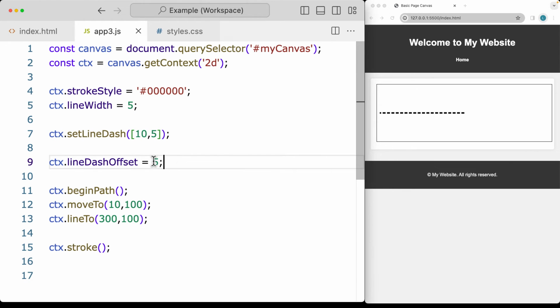the line slightly over, so starting at 5, and then we've got a line that's 10 with a gap of 5. So if I want a slightly smaller gap, we could do 3. Let's do an offset of 3, so that will have our line roughly centered there, so it's starting at the same position. We can also update the offset, so if we bring it back to 0, it's going to do the full 10 and then the gap of 3, and we can see it adjusting as I'm adjusting the values